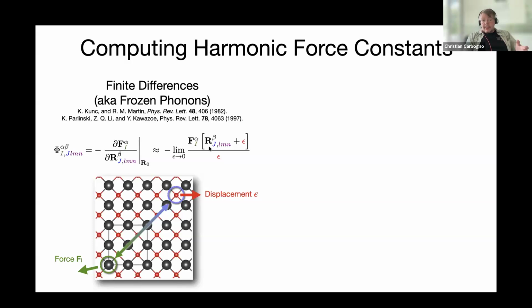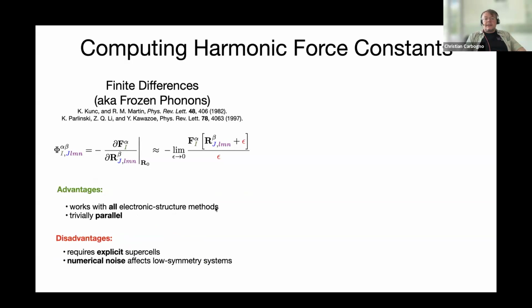Now, this is a relatively straightforward approach because it's not that complicated to do. It works with all kinds of electronic structure methods as long as you have forces and energies. So you just need to construct your geometries, move one atom after the other, and then you can calculate these derivatives for the small displacements. So it can even work with high-level electronic structure methods for which, for instance, neither forces nor Hessians are really implemented. And it's in principle trivially parallel because it's all individual calculations for individual displacements. So this is straightforward to do.